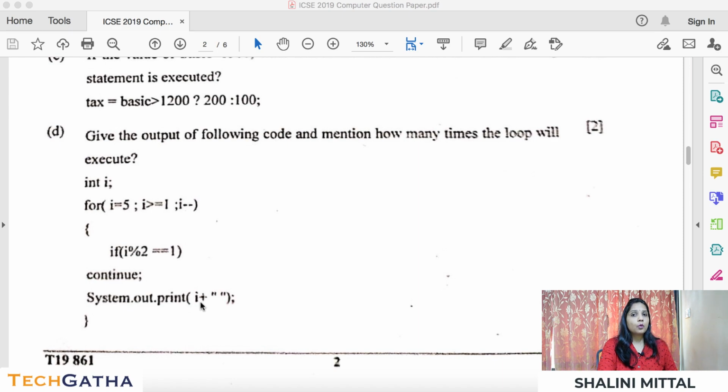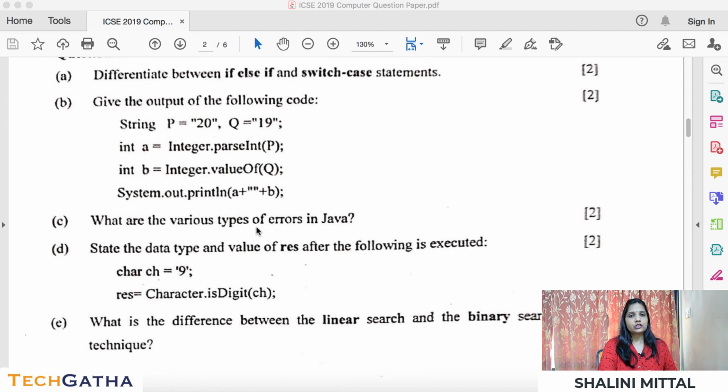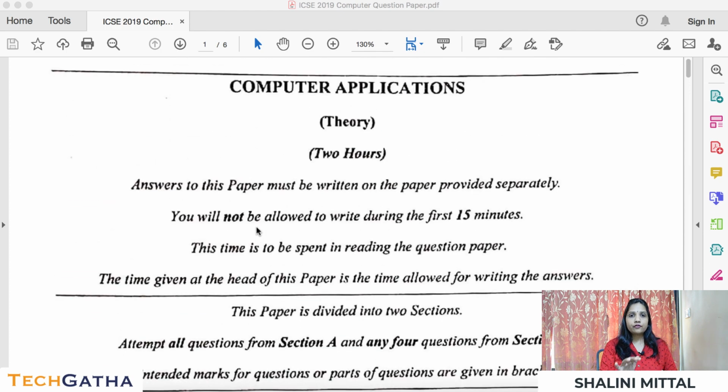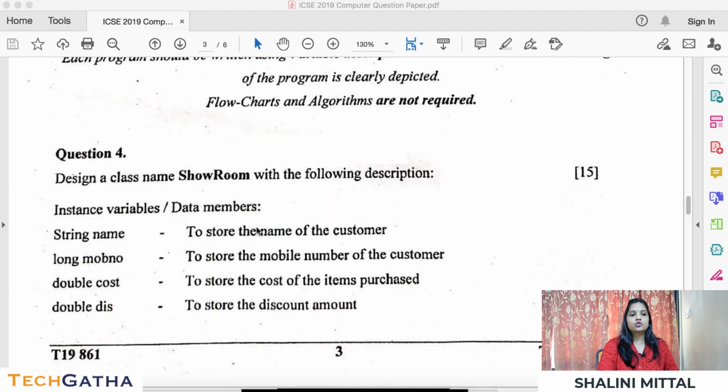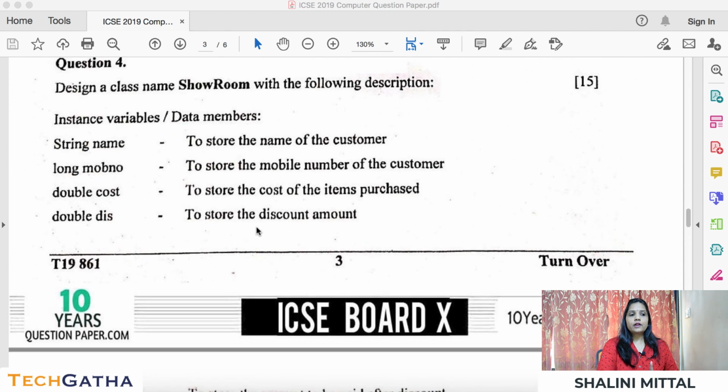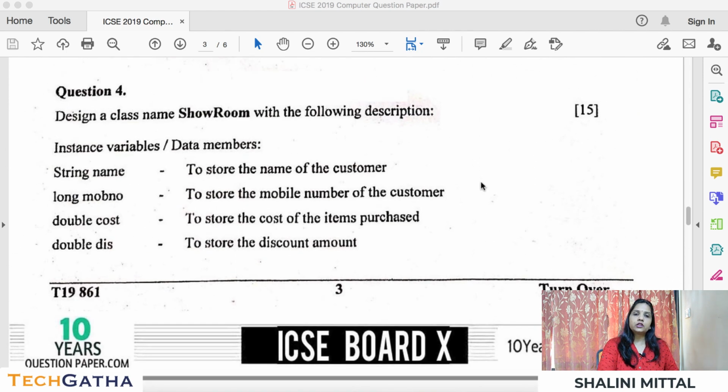If you require more than 45 minutes to solve Section A, I would suggest you leave Section A after 45 minutes, go to Section B, solve Section B and then come back to Section A. In Section B, 4 questions, do not take more than 15 minutes to solve each question. You should have a target of solving every question in 15 minutes. So that covers 1 hour 45 minutes to solve Section A and Section B. Then you get 15 minutes of spare time.